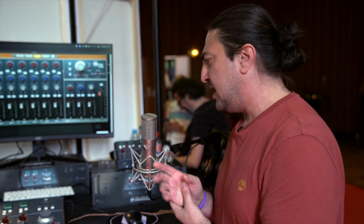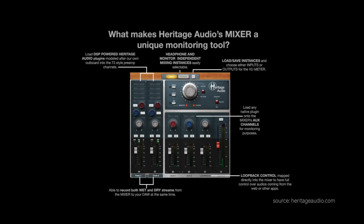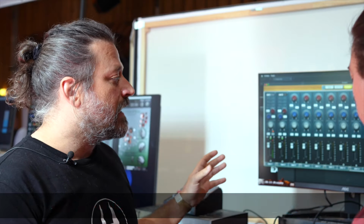That's very nice. And you were mentioning something about the DSP. That's something new for you guys as well. Yeah, it's the first time. We've been developing this for 2 years with our own team of engineers in our Madrid office. And we've developed everything from the drivers to the plugins that are inside, from the ground up. So yeah, it's like a new environment that we're trying to...